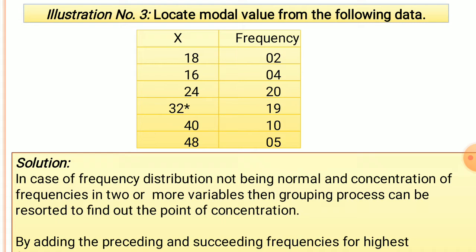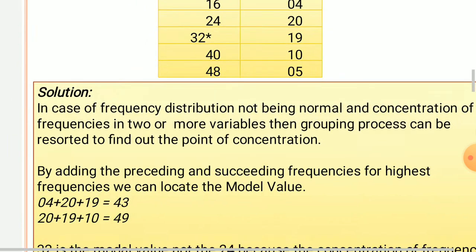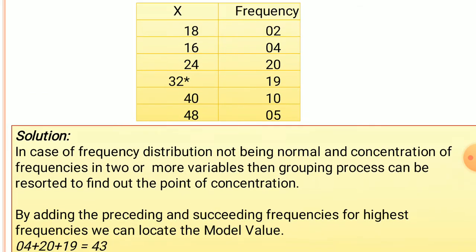When the frequency distribution is not normal, and there is concentration of frequencies in two or more variables, then the grouping process or grouping method can be resorted to in order to find out the point of concentration. So here,